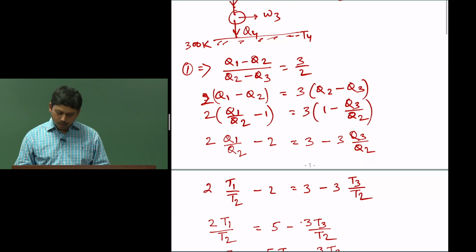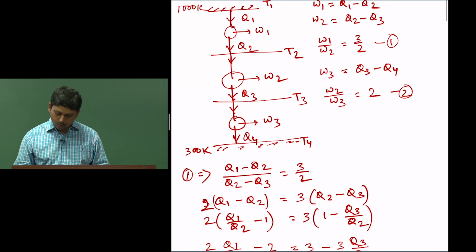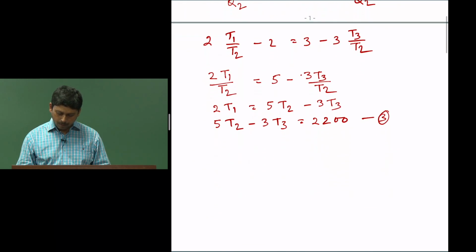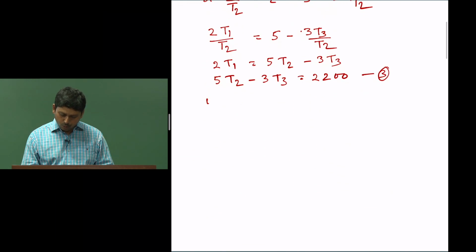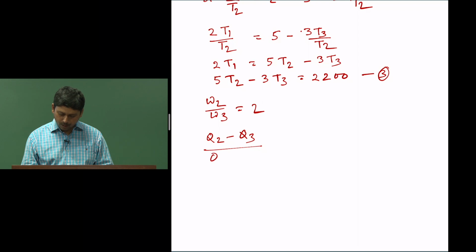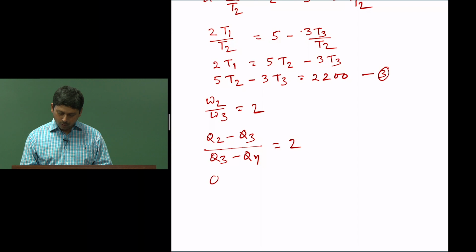Let us write that equation as equation 3. Now, we are going to use equation number 2, W2 by W3 equal to 2. So, W2 by W3 is equal to 2, which is Q2 minus Q3 by Q3 minus Q4 is equal to 2. Therefore, Q2 minus Q3 is equal to 2